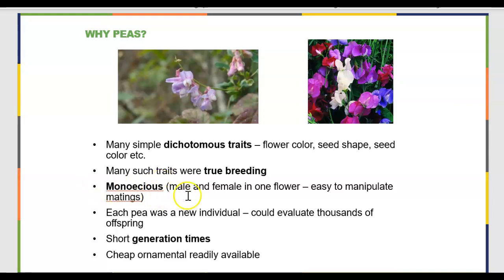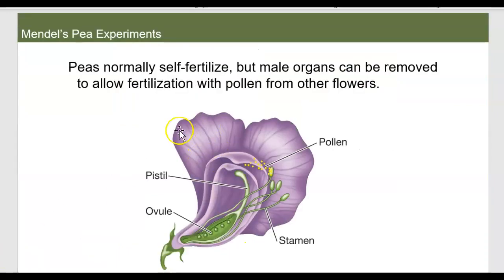The other reason they're good to use is because they're really easy to get. They're cheap. They reproduce very quickly with a short generation time. So that's why he chose to use peas, because peas can self-fertilize, but you can also remove the pistil, which